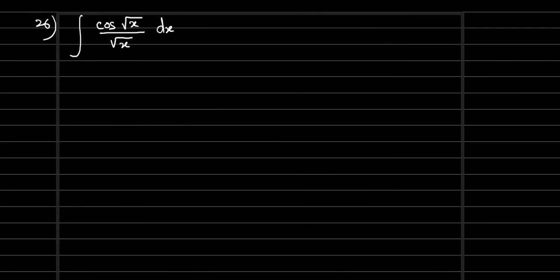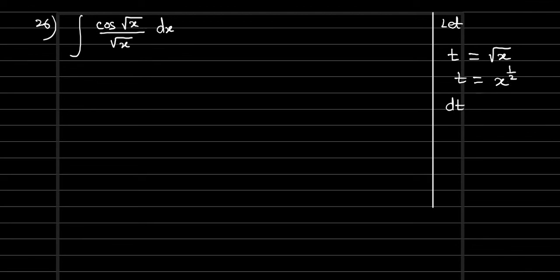If you see any changes, that part we can assign as a t variable or any other variable. Fine. So now we are taking it as a t variable. Let t equal to root x. So root x is what? Square root x is also equal to x power 1 by 2. Now differentiating, for dt, the power we have to bring as a coefficient, and then in power we need to reduce 1.